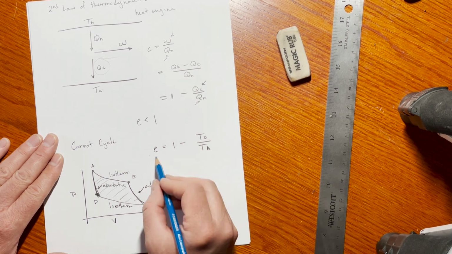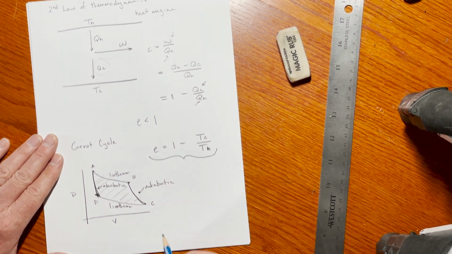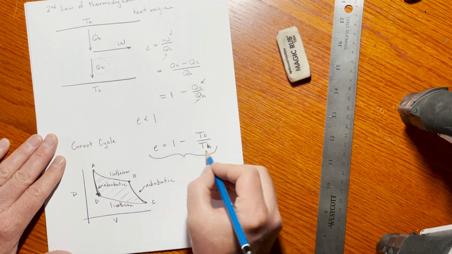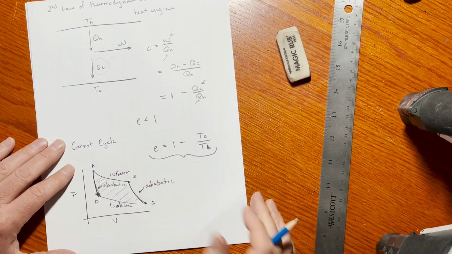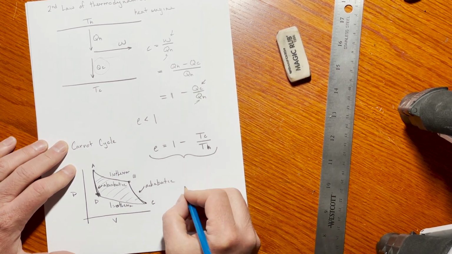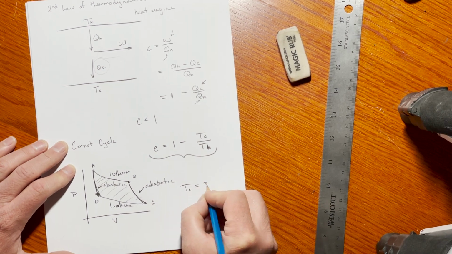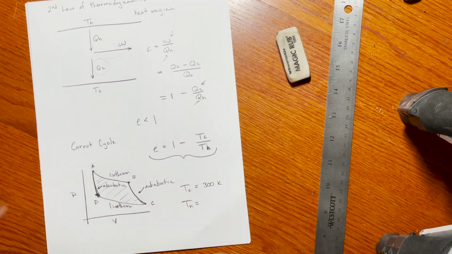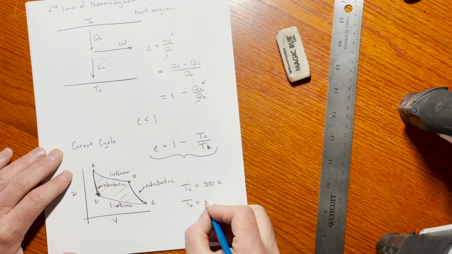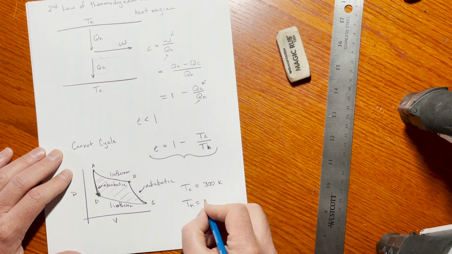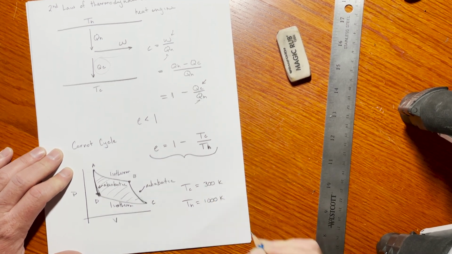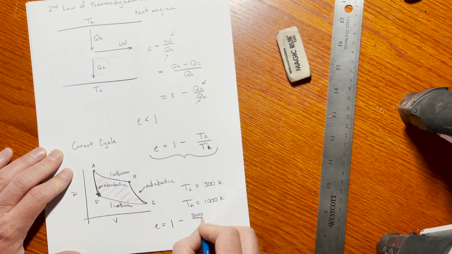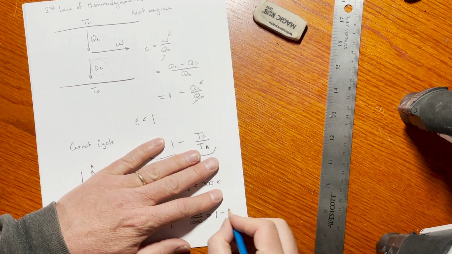So again, you can see that we cannot get 100% efficiency, and in fact we can't even really get all that close. If you imagine realistic values of Tc and Th, for example, your gasoline engine, Tc is going to be air temperature, which is like 300 degrees Kelvin, and Th, because of the processes involved with the combustion, is going to be something like, not much more than 1,000 degrees. That's probably as good as you can get. And so the theoretical efficiency would be 1 minus 300 divided by 1,000, which is 1 minus 3/10,